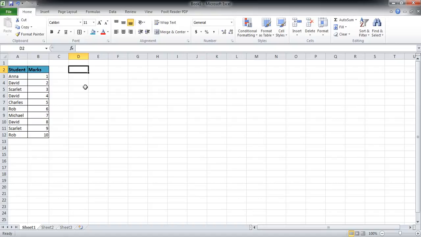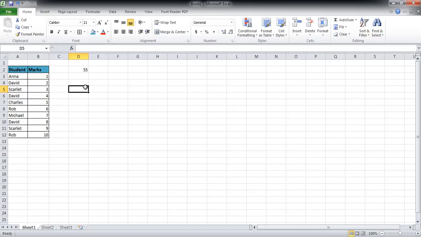This session is an extension of our previous session on the sum function and tells us about using the SUMIF function in Excel. In the previous session about the sum function, we learned that whenever we wanted to add up multiple numbers in Excel, we can always use the sum function just like this. But there is one very important point that we still need to learn about the sum function.